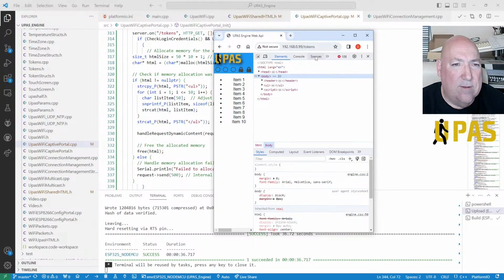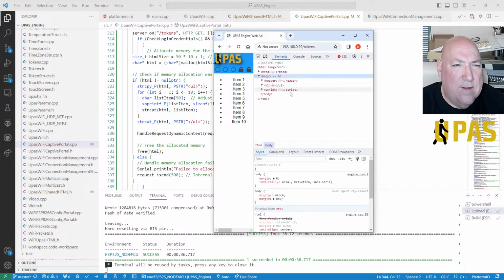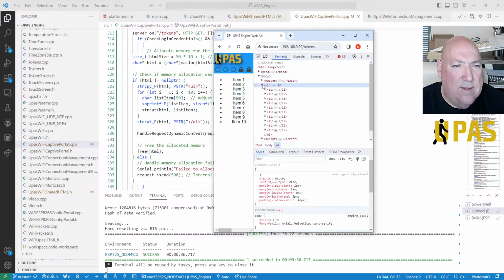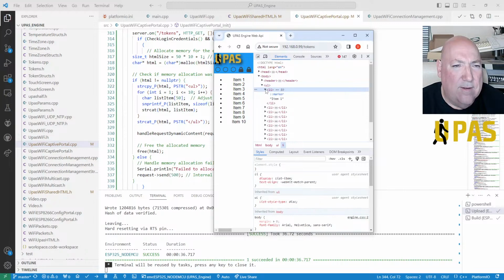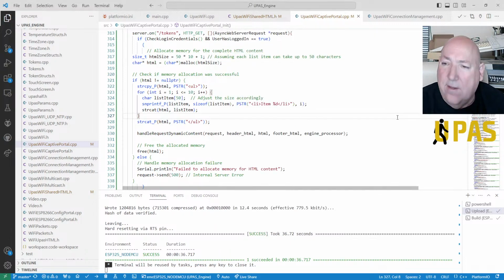Elements, console, sources. No. Okay, so it's created and it's shrunk it all down. No, so it's created. So we don't want the bullet. That's the style. So we got 1 to 10. Right, fair enough. Okay.